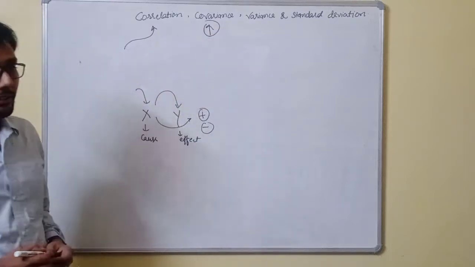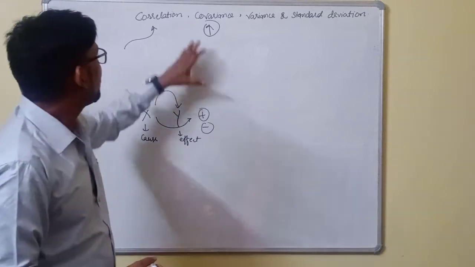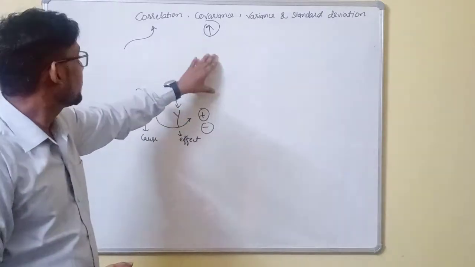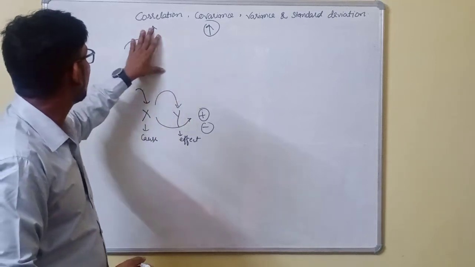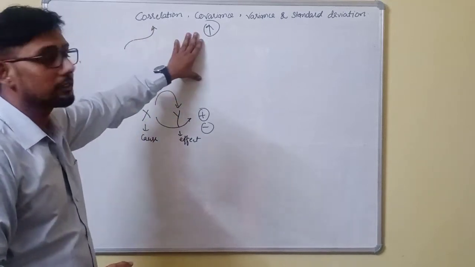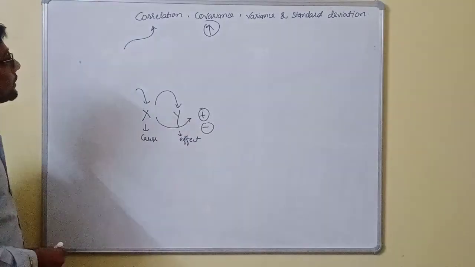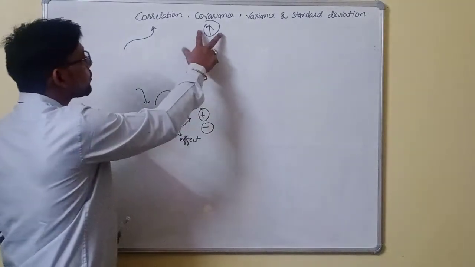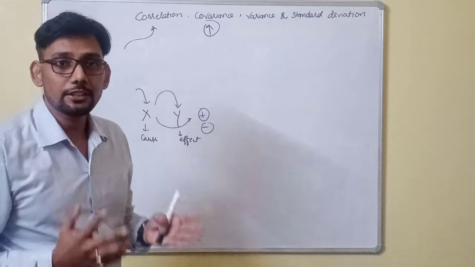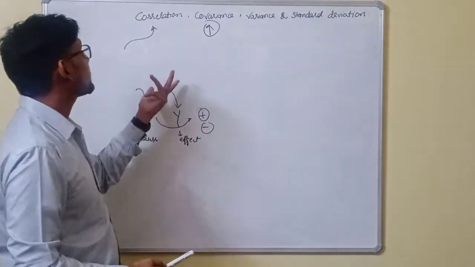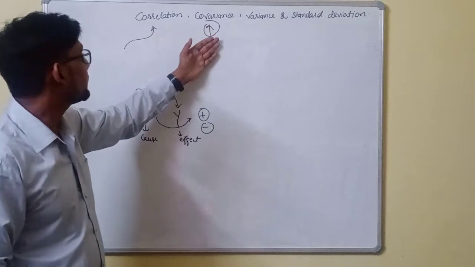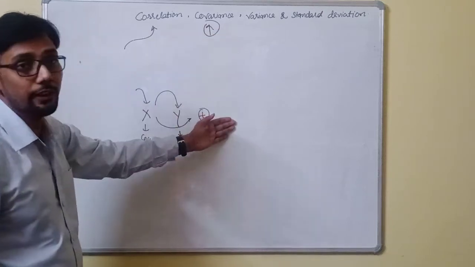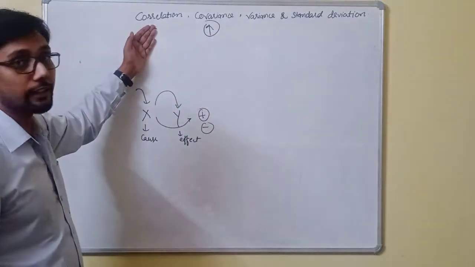So guys, you might hear the word covariance often because it always comes with the word correlation, right? Covariance is also used for measuring the relationship. Now the question is, then why do we require the correlation? If you have the covariance that measures the relationship between two variables, then why do we require the correlation?